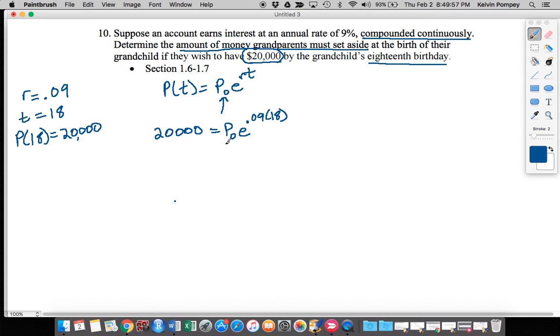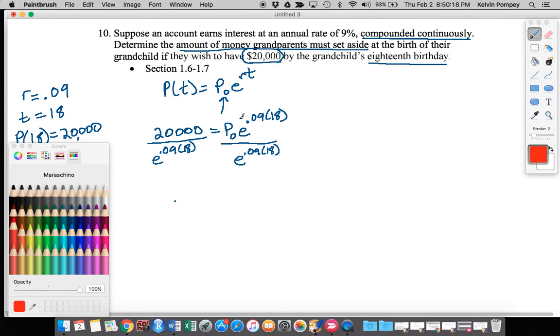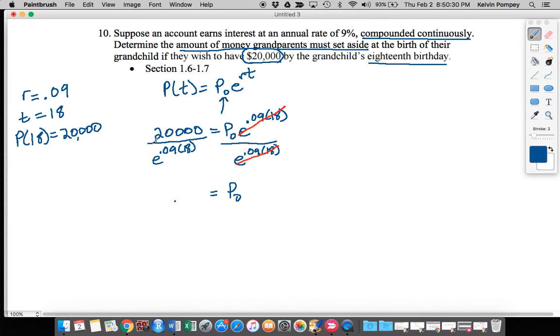If I want to solve for P naught, I'm going to divide both sides by e to the 0.09 times 18. You can put that in your calculator and simplify it. I'm going to put it in my calculator all at once so I don't have to approximate anything. Notice that on the right-hand side, the e to the 0.09 times 18 cancel. And so I'm going to end up being left with P naught equals this thing put into my calculator. And you're going to get approximately